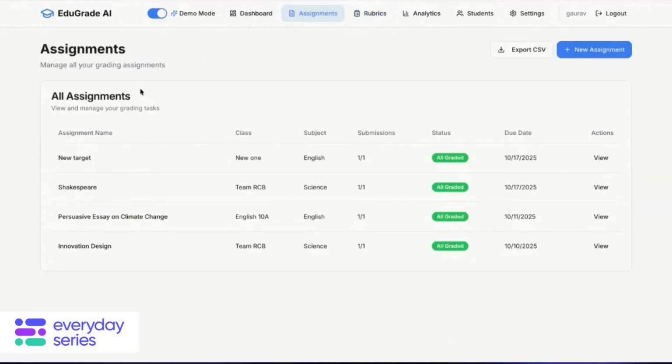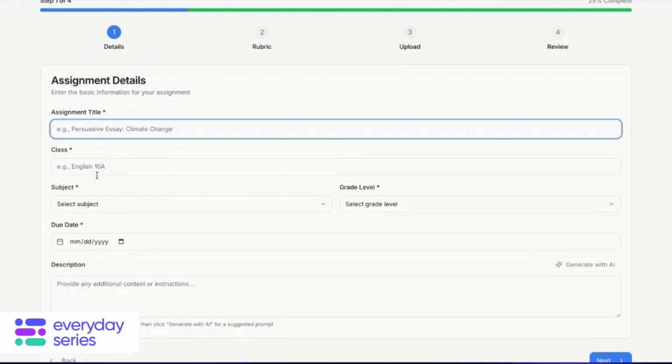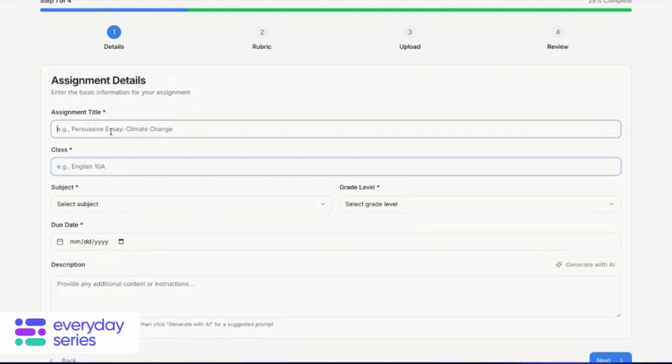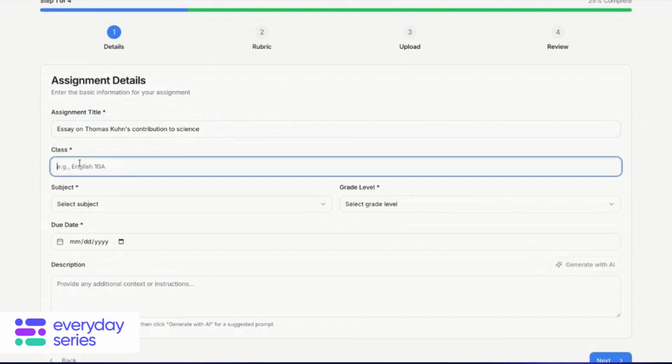In case of creation of an assignment, all we have to do is type in a name of the assignment, the class for it. So let's say I type an assignment on essay on Thomas Kuhn's contribution to science. So if I take this as an assignment, and let's say this is for philosophy major,